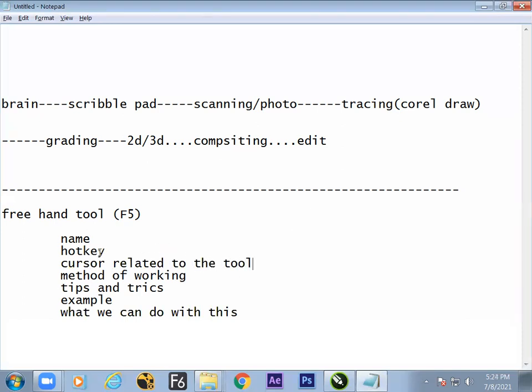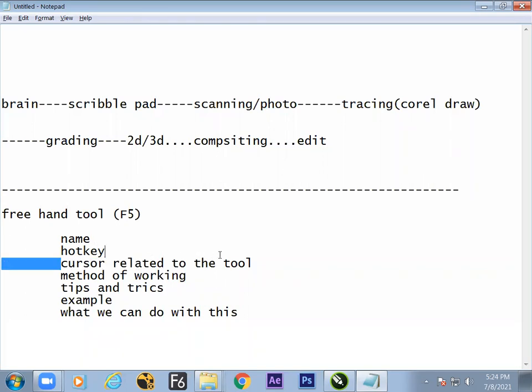Because as a professional, we need to handle the cursor, like we need to understand the symbol communication between the software and the user. That is your cursor point, and every point they change the cursor, a lot of information they pass. The faster you understand, in any software, it is the same. So I hope these 2 points are done.